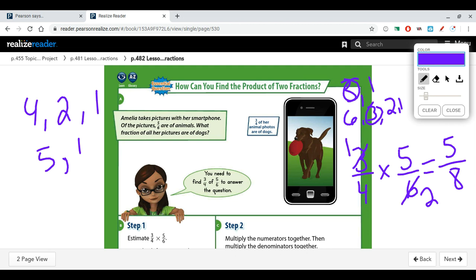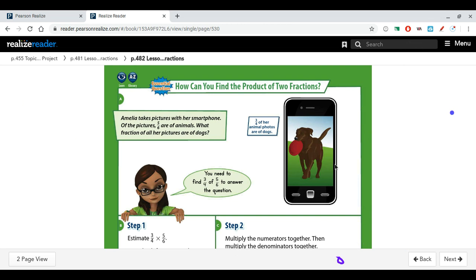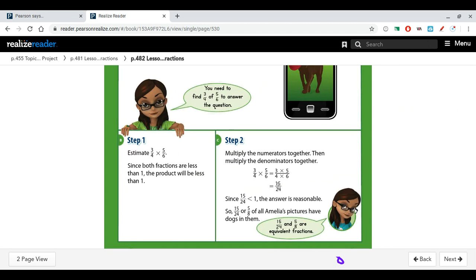So my answer is going to be 5/8 of the photos. And so you'll notice that step 2 looks a little bit different than what we did because we didn't do the cross canceling. So if you look at step 8, you simplify, you end up with 15/24, and then you simplify by dividing by 3. Well, we did that